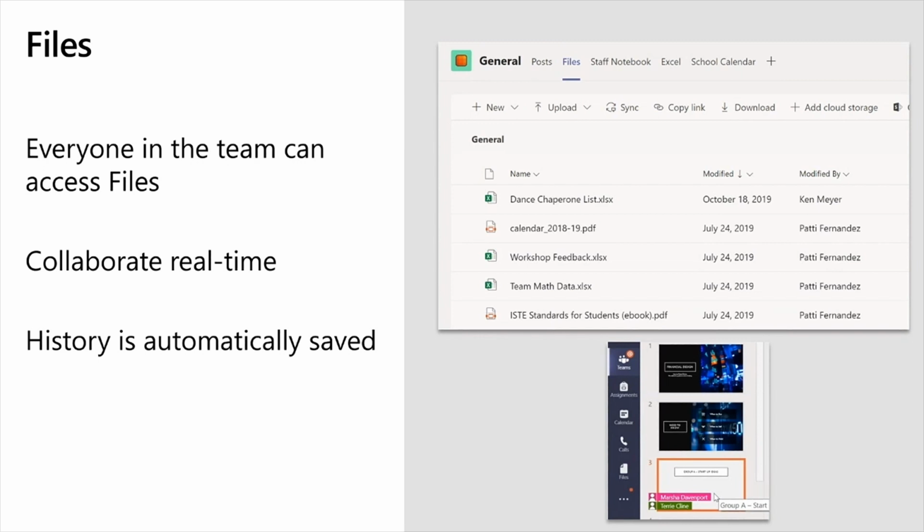I did a session down at BETT a year or so ago, and we had over 100 people collaborating in the one document. I'm not necessarily suggesting that's the best way to do it, but it is possible to have a number of different people collaborating on your document at the same time, making edits. And in the bottom picture on this slide, you can see just a couple of people who are in there. So we've got Marcia Davenport and Terry, who are on slide 3. It will show me where people are and I can keep track of what people are doing as well.